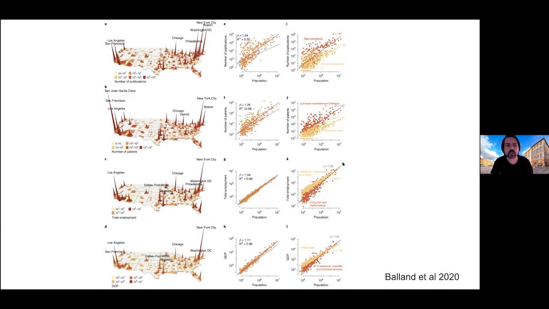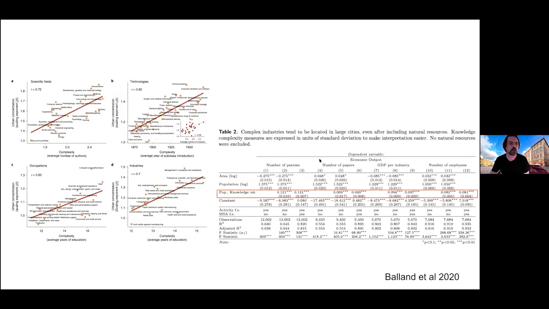Unfortunately, here we couldn't use a measure of economic complexity that comes from the geographic distribution of activities, because we're using that already as one of the measures. So we use other ad hoc measures of complexity, like for instance, the average number of authors in a paper. So neuroscience, a very complex field, has a higher division of labor than decision sciences or economics.